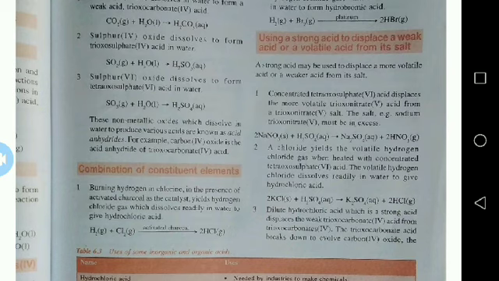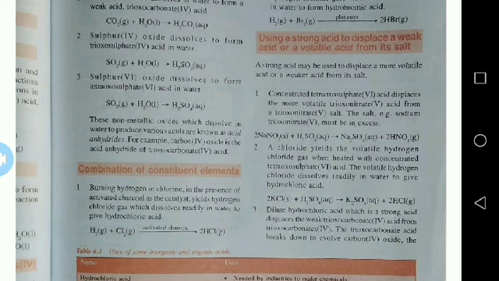Using a strong acid, I've explained that now. A strong acid may be used to displace a more volatile acid or a weaker acid from its salt. Yes, that's possible. So how is this done? Concentrated tetraoxosulfuric acid displaces the more volatile trioxonitrate 5 acid from a trioxonitrate 5 salt. The salt, e.g., sodium trioxonitrate 5, must be in